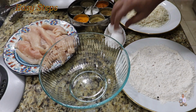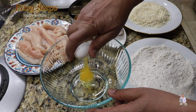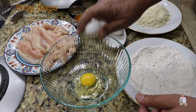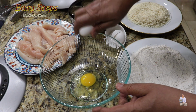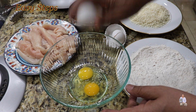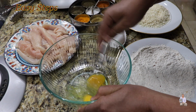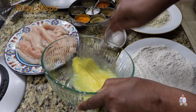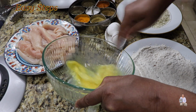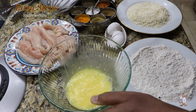Get a mixing bowl, and we're going to break open the eggs. With the help of a whisk, beat it well. We're not going to add any spices into the egg mixture. Once nicely beaten,